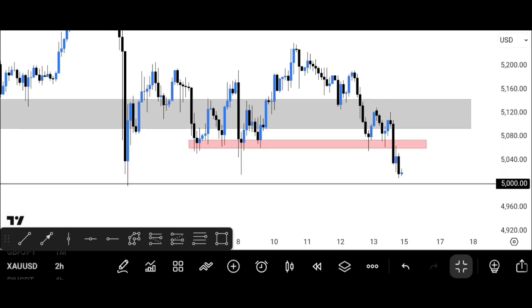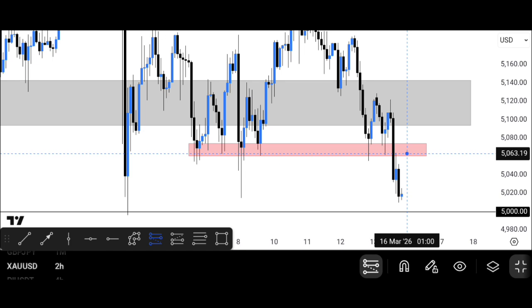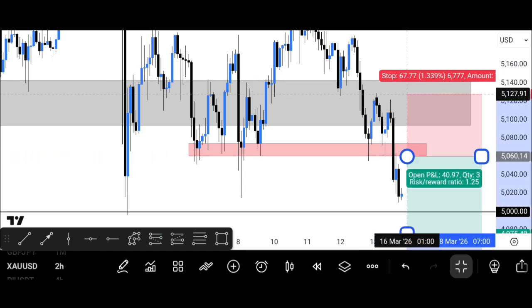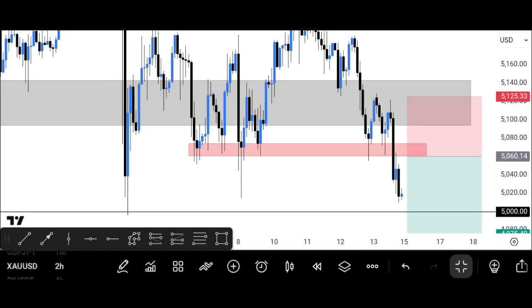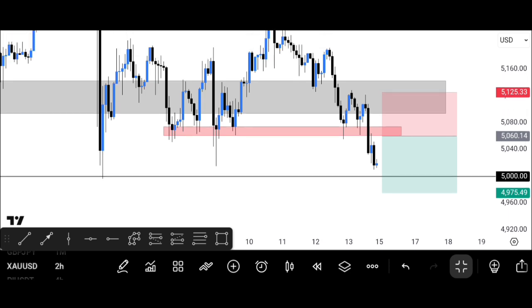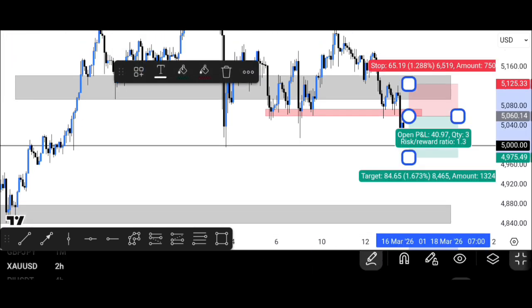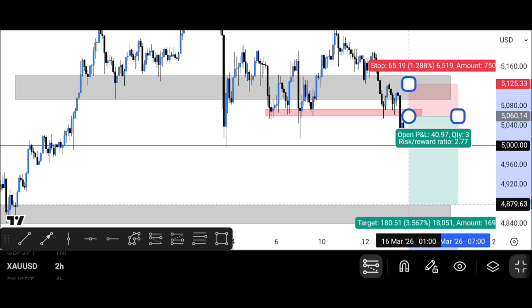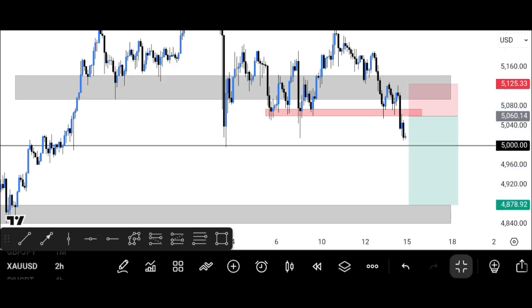If we enter that zone, then your SL will be the last lower high zone, because if we are bearish, price shouldn't go past that last lower high zone. Then you're potentially targeting this last low.